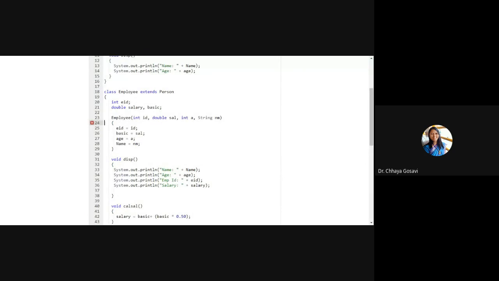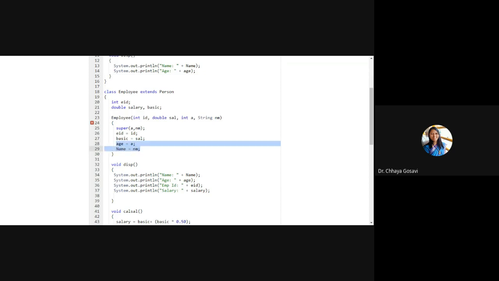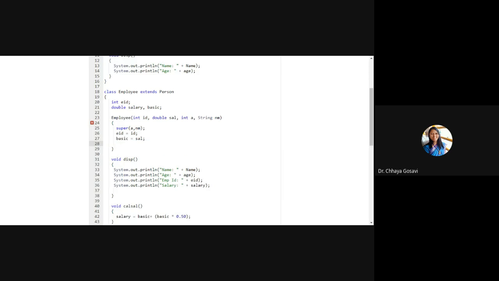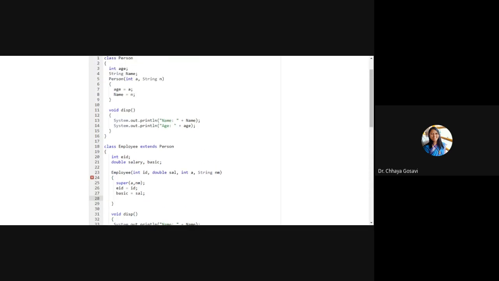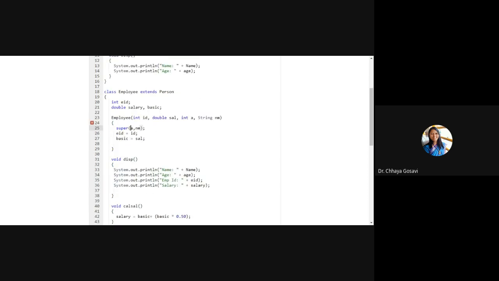Or here what we can do is we can call super. Super means calling a base class constructor. Instead of doing these two assignments here, super will call the super class constructor. That means this constructor with age and name, and it will assign it to age and name.